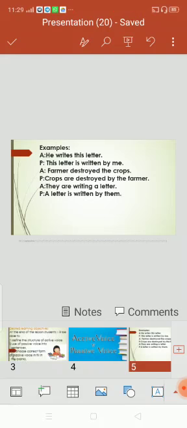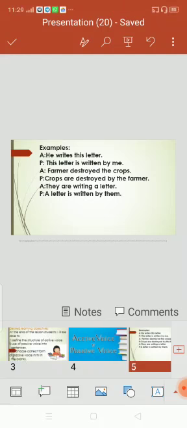So हम इस तरह से भी कह सकते हैं कि जो हमारा subject है वो object बन जाता है और object जो है वो subject बन जाता है. अगर वो sentence present form में है तो वो present में ही रहेगा, अगर वो past में है तो past में ही रहेगा, अगर वो continuous में है तो उसमें हम being का addition करेंगे. Okay, "He writes this letter," so its passive form is "This letter is written by me."